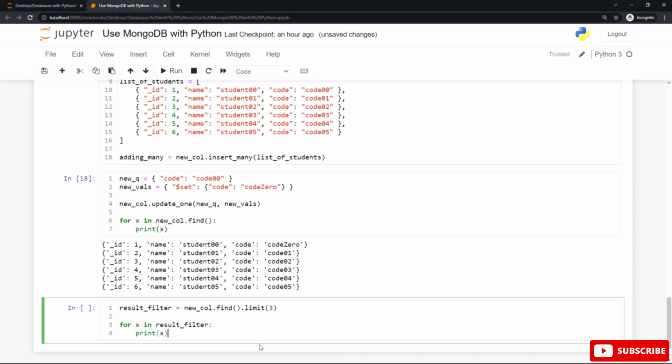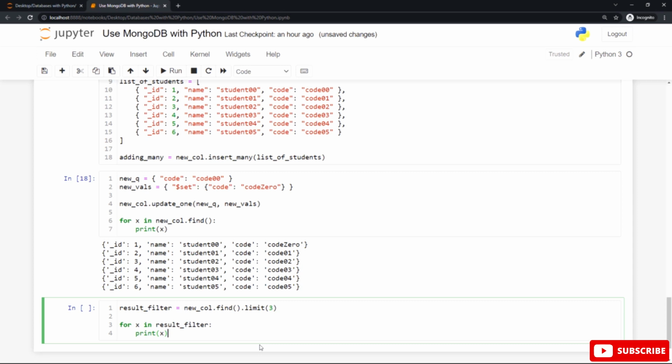Then to display the result one by one, you need to create a for loop, for x in result filter, to iterate over this iterator and display the selected documents one by one, with print x inside the indented body of the for loop to print the output on the screen. After that, you need to hit shift enter or shift return to show the first 3 documents from the new students collection from our database.